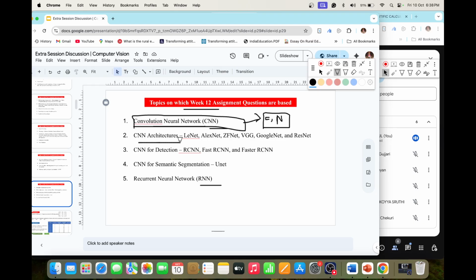Then CNN architecture, this is just conceptual, so you can just go through it. There are different CNN architectures basically for image classification: LeNet, AlexNet, ZFNet, VGG, GoogleNet, and ResNet. GoogleNet and ResNet have slightly better concepts. Like in GoogleNet, you have this inception module. In ResNet, you have this